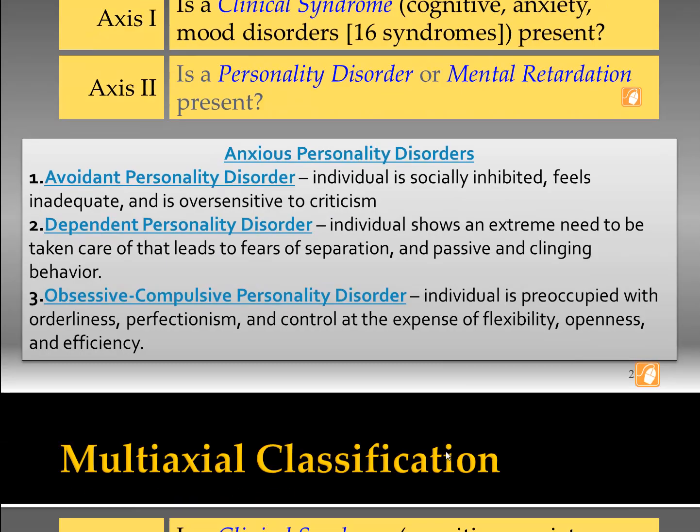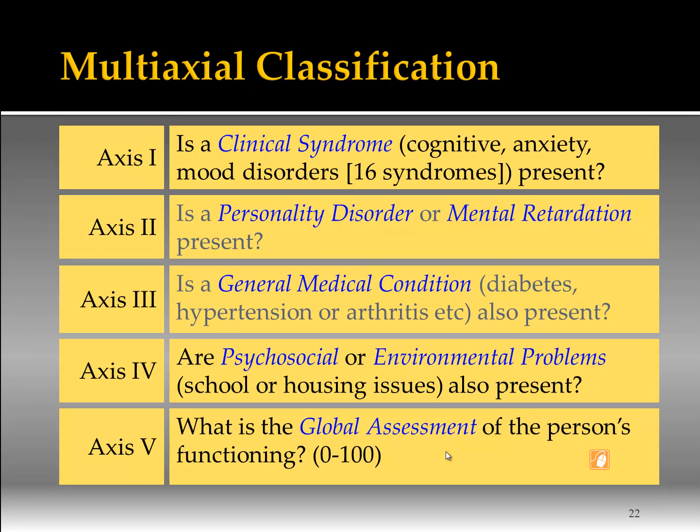So those are personality disorders that we may classify from there. On Axis 3, we look at the general medical condition. We ask questions about, how are they doing? Do they have diabetes? Do they have hypertension? Do they have arthritis? Interestingly, some of these disorders can actually influence changes in personality, as well as the medication that they may take for those types of disorders may influence their behavior or mood.